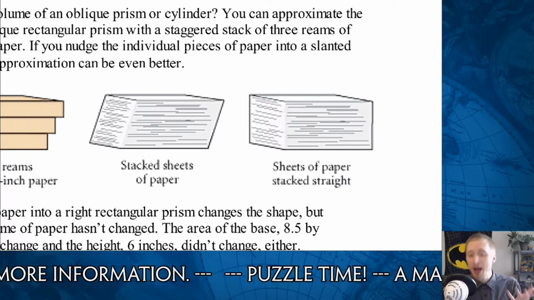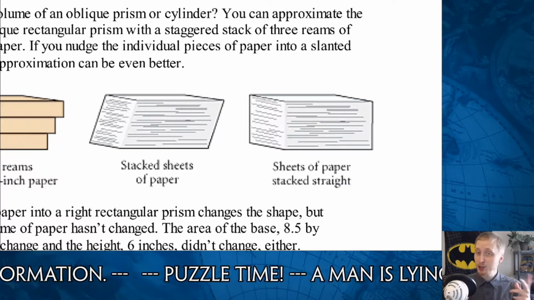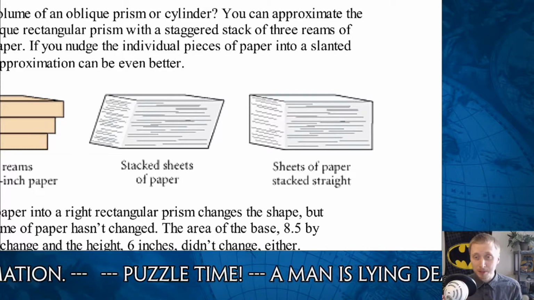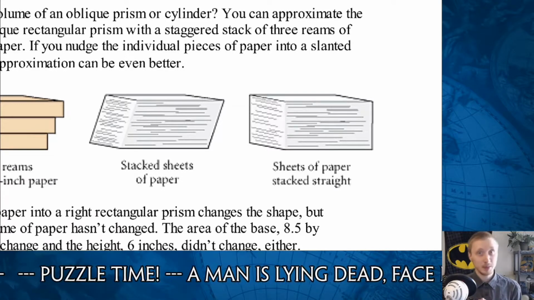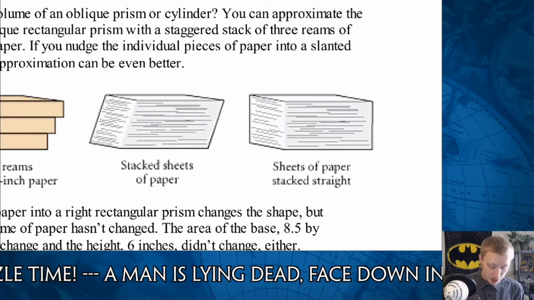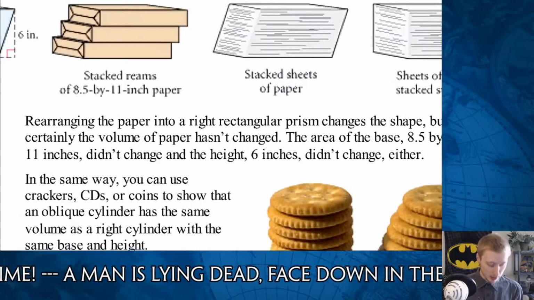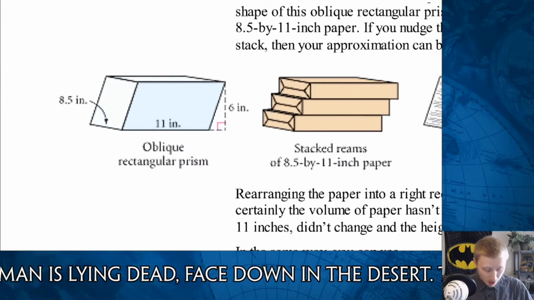You didn't change the mass. You didn't take some away. It's all still there, and each piece of paper takes up the same amount of space. So altogether, they should take up the same amount of space. That's all volume is. Which means, yet again, we still want to multiply a base times a height. Except in this case, our height is a little